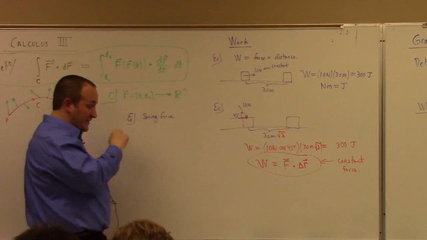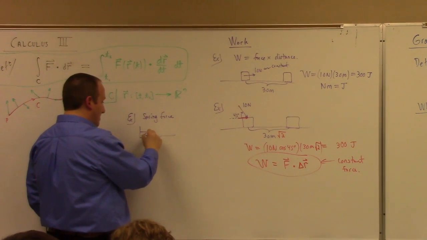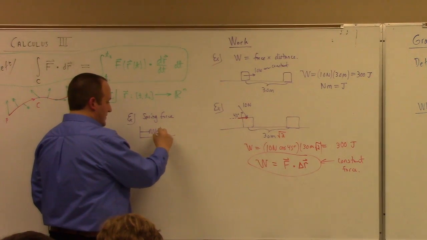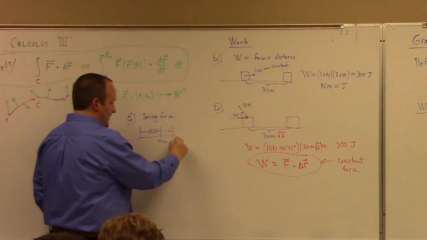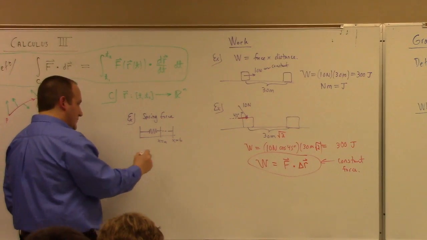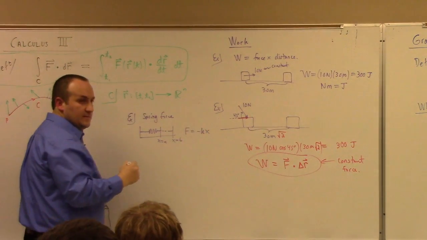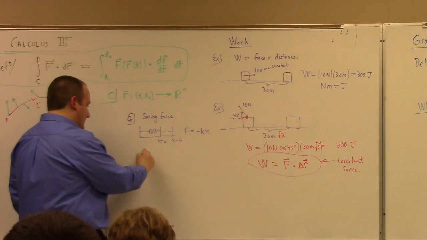So if I wanted to calculate the work done by a spring as it goes from, say, x equals a, all the way out to x equals b, what I have to do is, remember the force is equal to minus kx in this case. All right, so to get the little bit of work done,